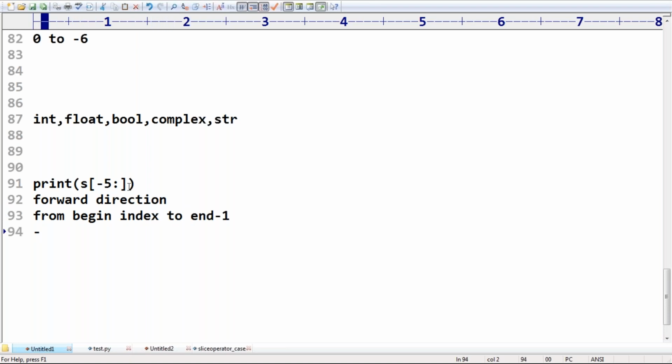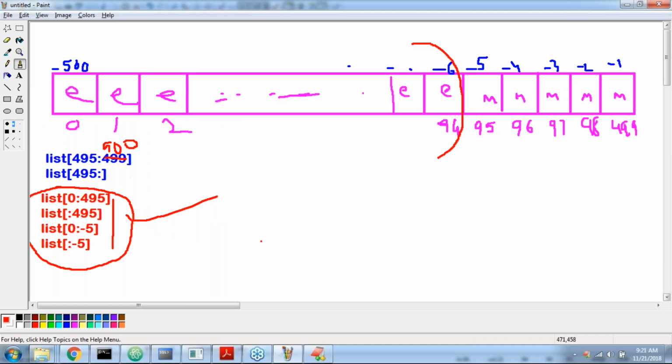Begin means minus 5, you didn't specify the last index, that's why end of the string. So from minus 5 index to end of the string means